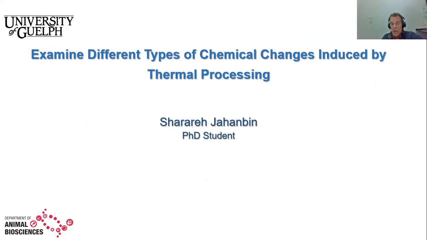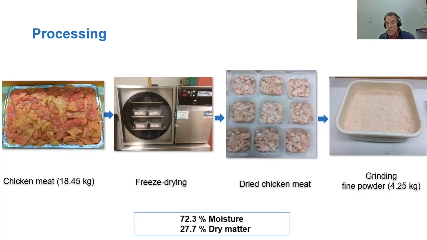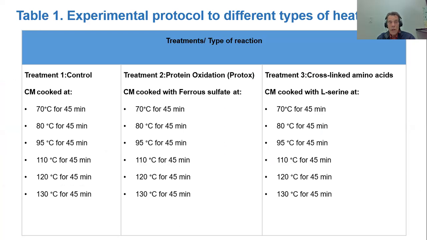Now, Sherry Jahan, one of my PhD students, continued on that path and looked at the different chemical changes that occur during thermal processing of protein ingredients. She used a model protein, an animal protein, chicken breast meat, and she selected this because there's a low level of blood, a little bit of blood but not that much in breast meat, and a low level of fat. So she freeze-dried it, very easy to freeze-dry and grind into a very fine powder that you can use as the model protein. And it's not like casein or albumin. It becomes a really quite practical protein source that can be relevant for the rendering industry and the meat processing industry.